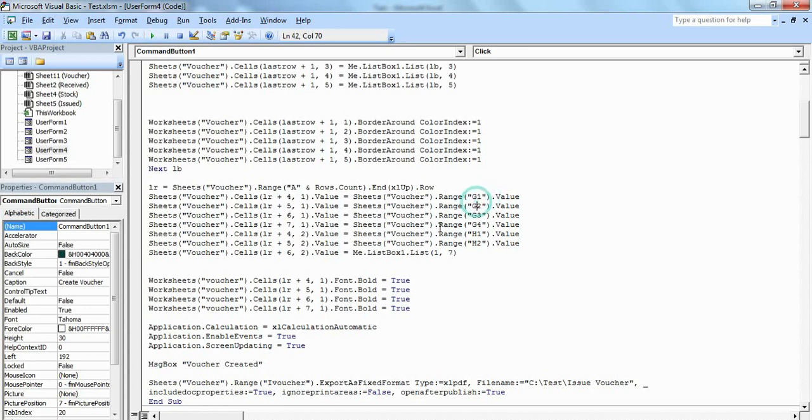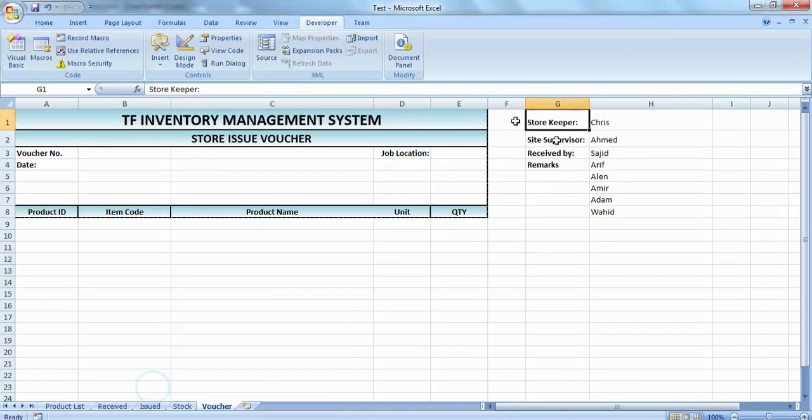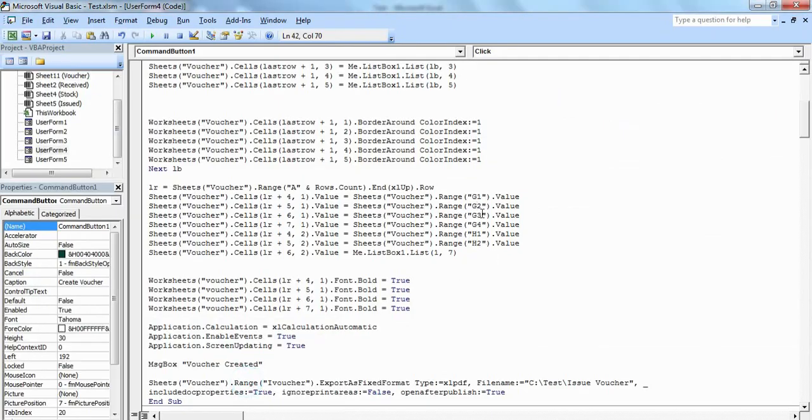G2 will give us site supervisor, G3 received by, and G4 remarks. So you can see G1, G2, G3, G4 all will be filled first.